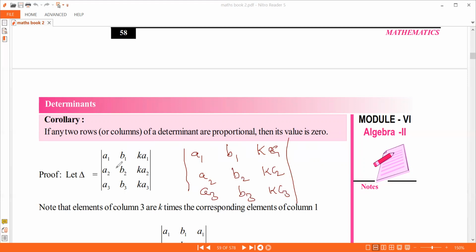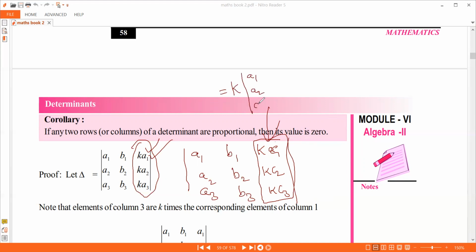Here it's written A1, A2, A3. So this is the worst way of proving it. This determinant value is 0, horribly. So don't take this. Okay. This is the worst example to start. So here you have this third column, no? The third column, K is common. Right. So you can write K times